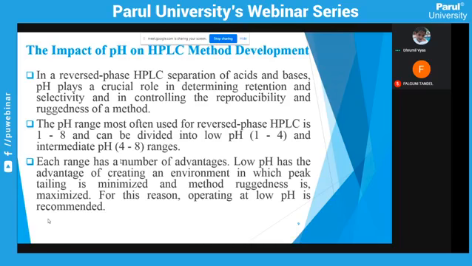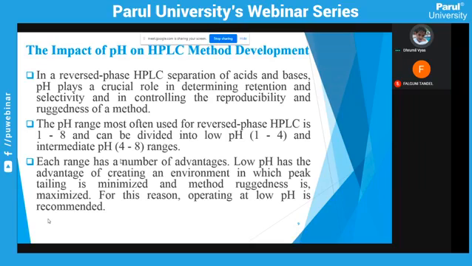pH plays a crucial role. It affects the retention time of the compound and controls reproducibility, resulting in a rugged HPLC method. A pH between 1 and 8 is most commonly used for reverse phase chromatography. I would like to divide it into two ranges. One is low pH, between 1 and 4, and the other is intermediate pH, between 4 and 8. Different ranges of pH have different